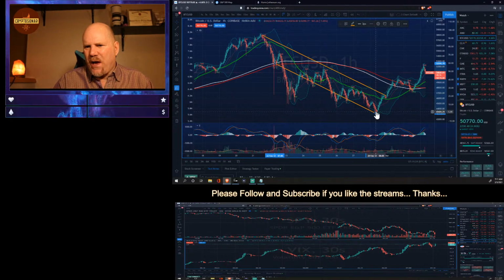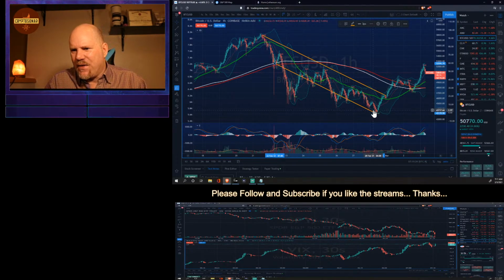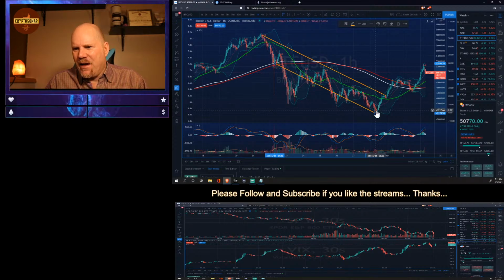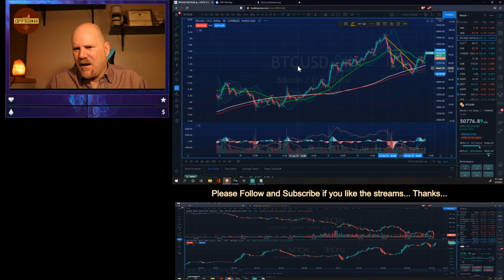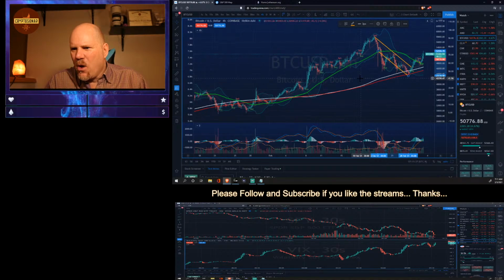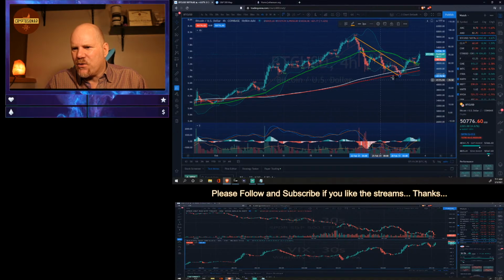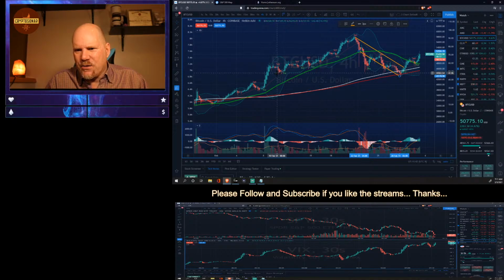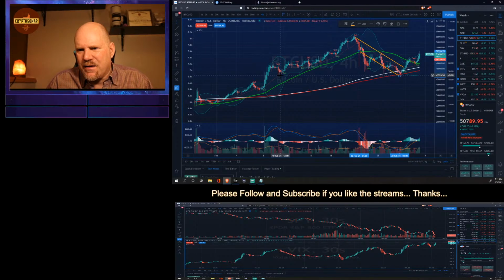So you can say, okay, off of this bottom right here, this is our new support level. How far back does it go? Well, to do that, you kind of got to look at the 4 hour and go out longer and say, why did it drop to that level? Well, it dropped to this level because the last time it tested that area is right over here before this last run up, which was back on the 10th of February.